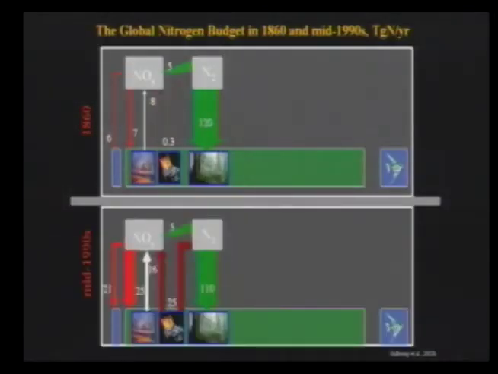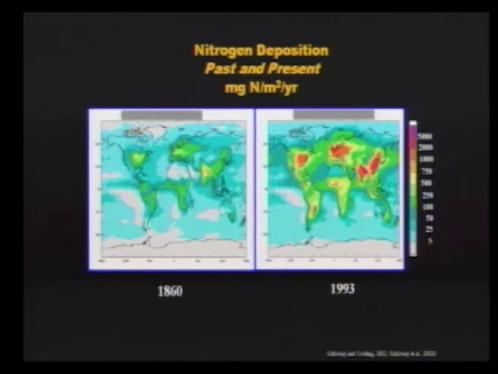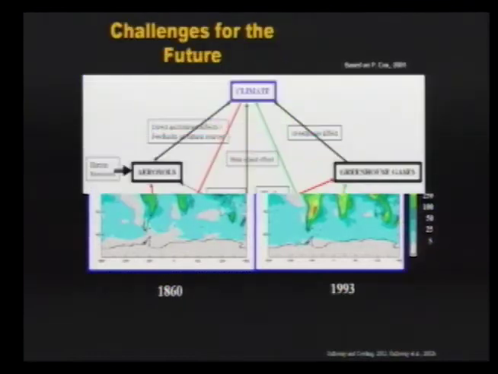As a result of that, if you look at the global nitrogen budget, and I'm just putting here pre-industrial time and present, you see large disturbances in this nitrogen cycle. And basically the global nitrogen budget is really out of balance now compared to what it used to be. One of the impacts of that is that the deposition of nitrogen has increased dramatically, and it's clear that it's important for the carbon cycle, but it's also intimately related to atmospheric chemistry.